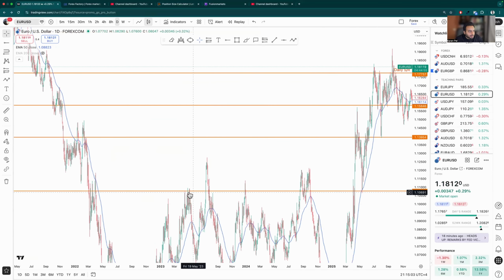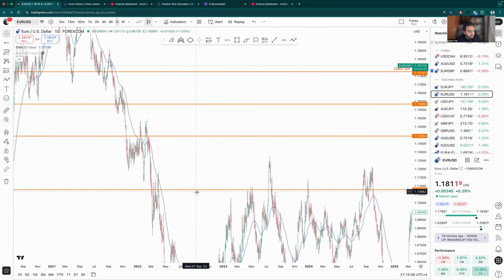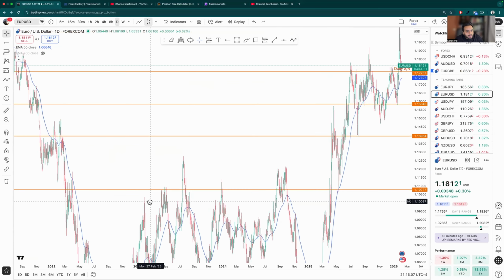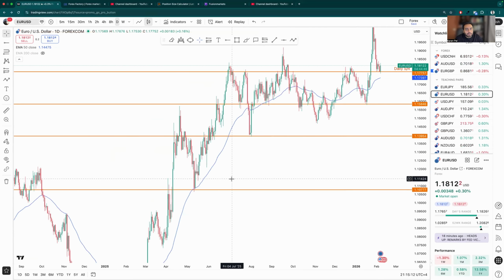Now you'll see there are some touches here, but when we see the market next time coming here, if it's not completely based on fundamentals, we'll see a reversal at this point, or maybe a good rejection at this point. So your target can't be below this. It doesn't matter, the body or the wicks.